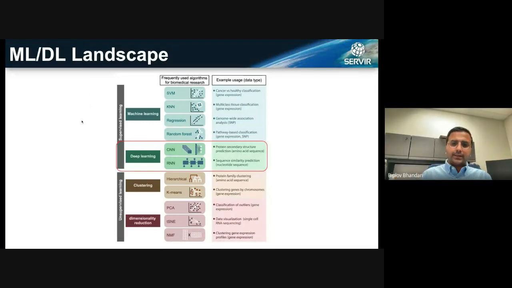We saw this diagram yesterday also. We talked about supervised learning and unsupervised learning. We'll also look into that in a bit more detail in the later slides. But in today's session, we'll be focusing on the deep learning aspect of supervised learning. There are, again, different kinds of deep learning architectures that you can use depending on what kind of problem you're trying to solve. And here are two representative, frequently used algorithms: the CNNs and the RNNs.